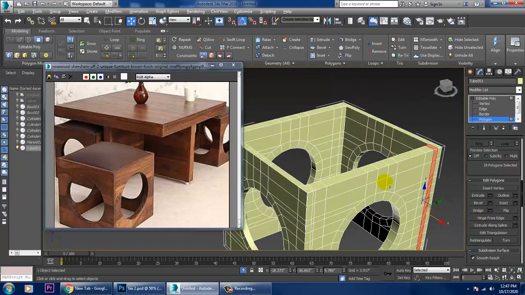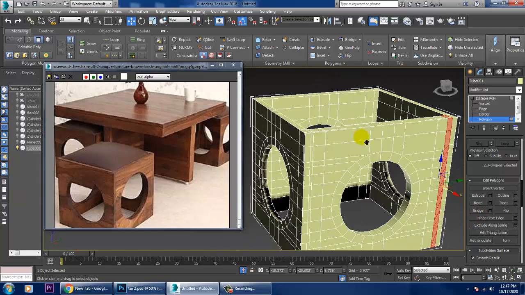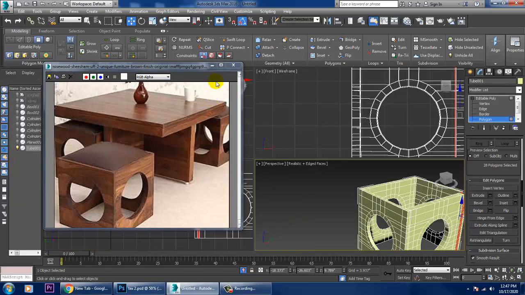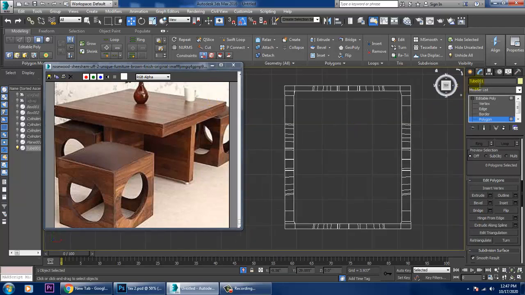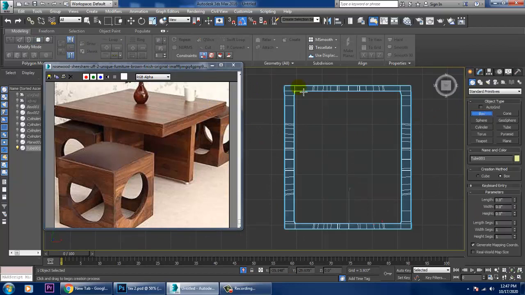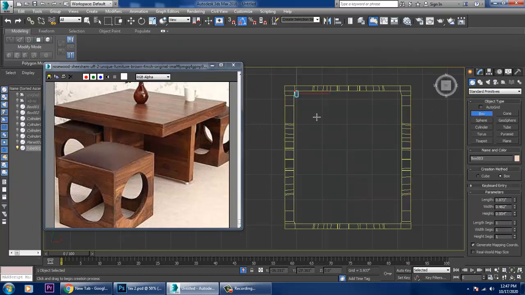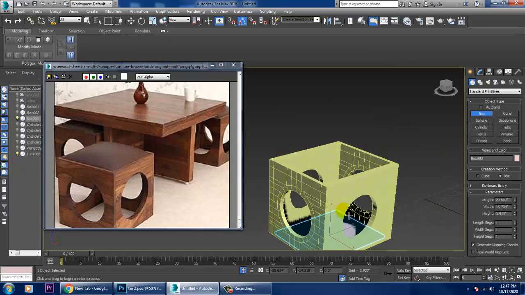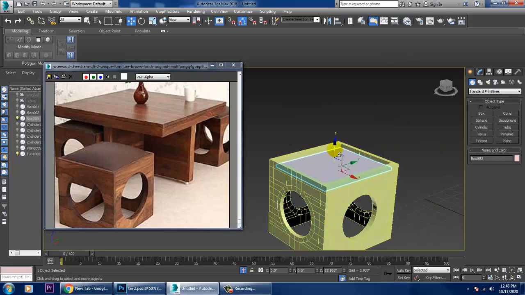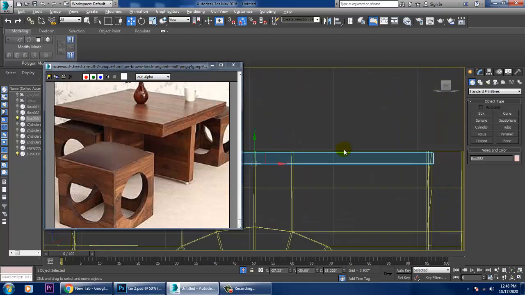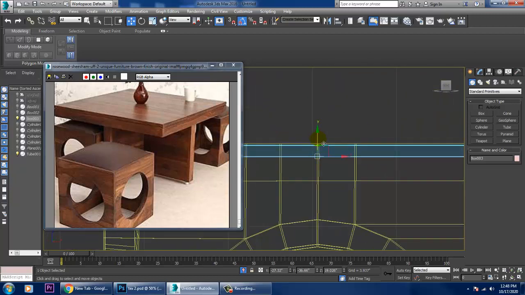Alright, so once you're done with this, I can just put one more box on top of it. So I can just take a box, or I can just drag it something over here. So I can just take it till here in this way, the right way, perfectly till the top.